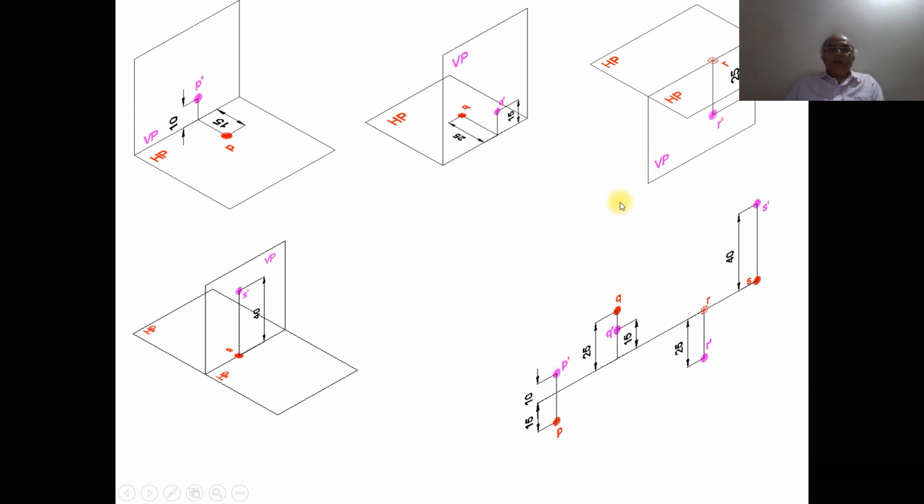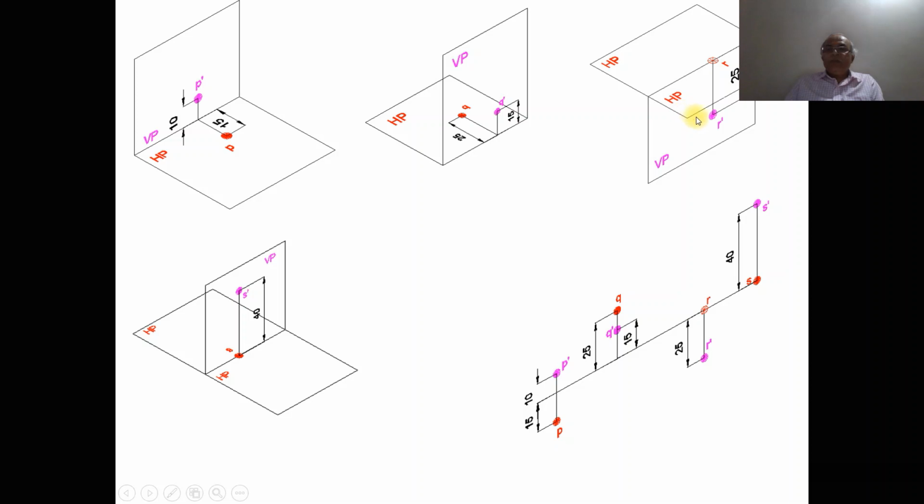When you take the second quadrant, point capital Q is 15 mm above HP and 25 mm behind VP. So you are in the second quadrant. When you look from the front view, you can see the distance above HP of 15 mm lies in VP, and 25 mm behind VP is seen in HP. So when HP is rotated to the top, both the front view and top view will be above the XY line, which can be seen here.